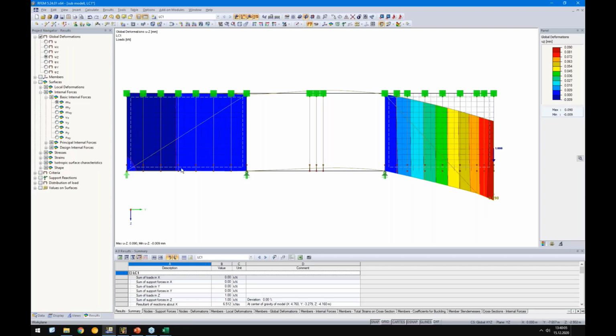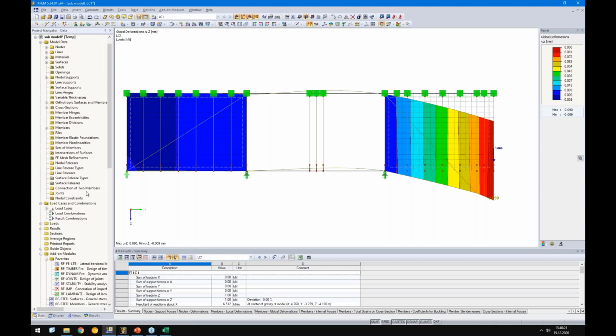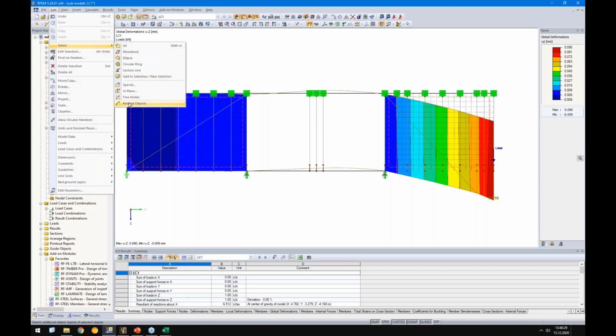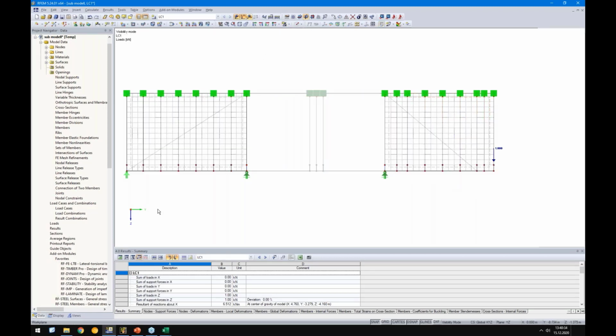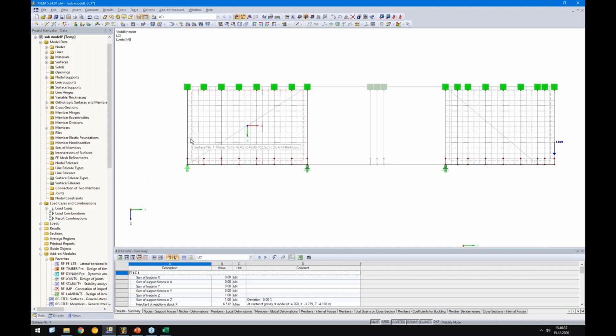Okay, and in this example, of course, the OSB sheet is connected rigidly to the beam elements. Of course, that's not the truth, because each timber element is connected to other timber elements with an elastic spring, for example. And this is what I want to consider too. So for this case, I will select only 2 surfaces and all integrated objects. Okay, and now I want to release the surface from the beam elements, and this I can do with this line releases. So new graphically,